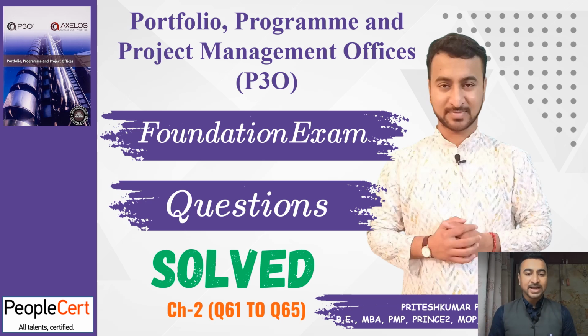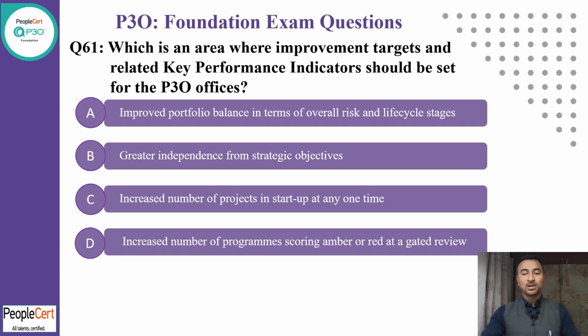Okay friends, welcome back. Now we are solving more questions from chapter number 2 of the P3O, that is why we have to invest in the P3O. So let's begin. This particular question is dealing with 16.1, which says: which is the area where improvement targets and related key performance indicators should be set for